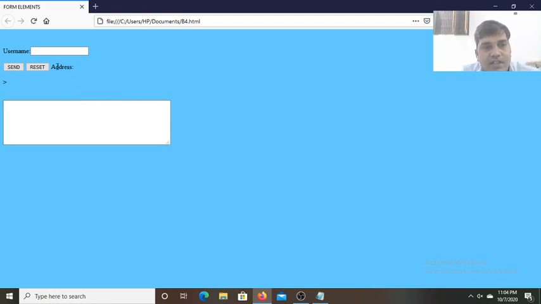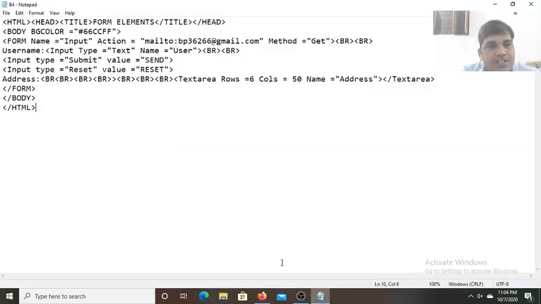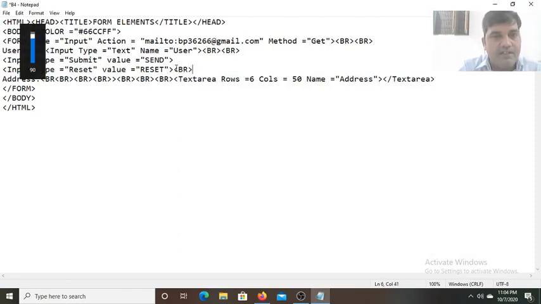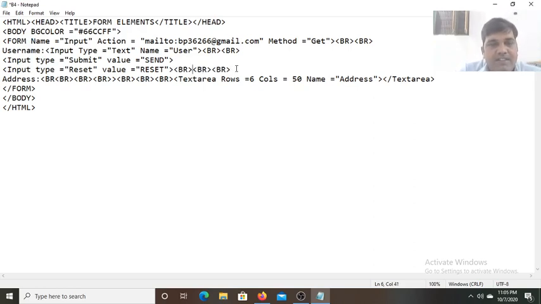Here also I want to bring this label down. So again I will go on the notepad, then make some changes. I want this address just after this. So here also I have to give the line space. So again I will add the control BR, how many spaces that is BR written. A mistake. Okay, 3 line space I have given. So now let me save it, control plus S. Now again I will refresh the web page.